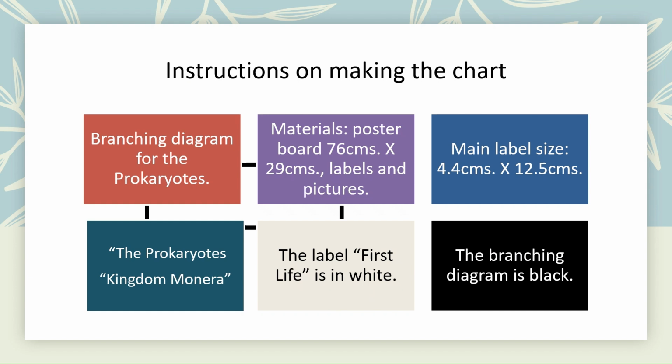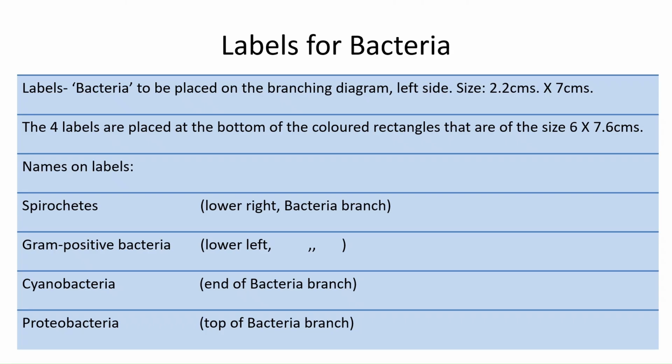Main label size is 4.4 centimeters by 12.5 centimeters. The prokaryotes, kingdom Monera, the label first life is in white. The branching diagram is in black. Now the labels for bacteria. Bacteria is to be placed on the branching diagram on the left side and the size is 2.2 centimeters by 7 centimeters. The four labels are placed at the bottom of the colored rectangles that are of the size 6 by